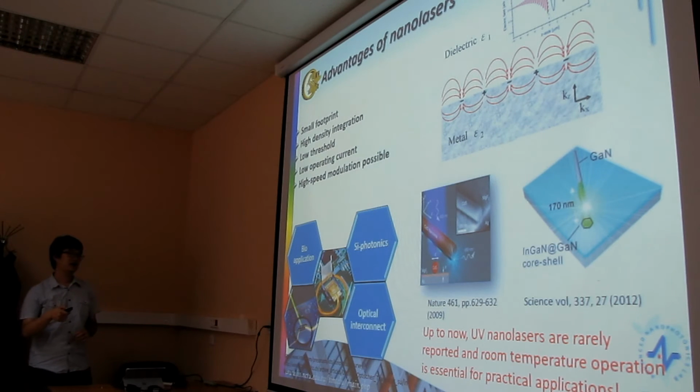The above-mentioned advantages make it possible to use it in bio applications, like medical therapy. And the small size makes it possible to integrate onto silicon photonics,